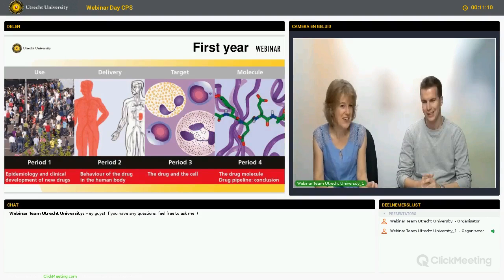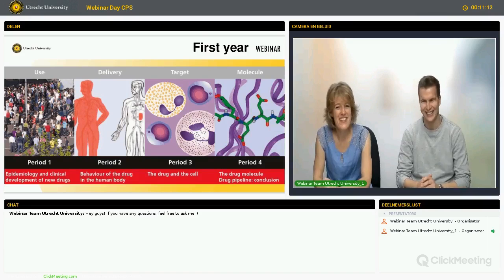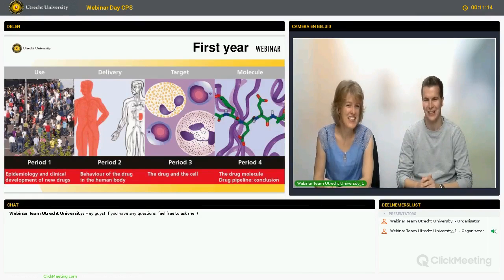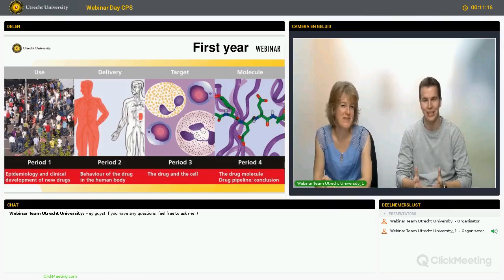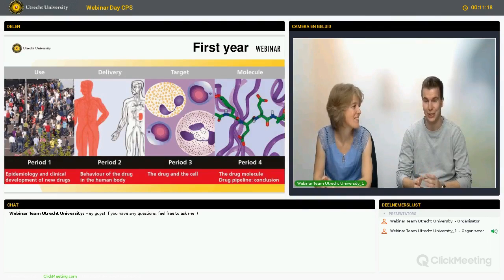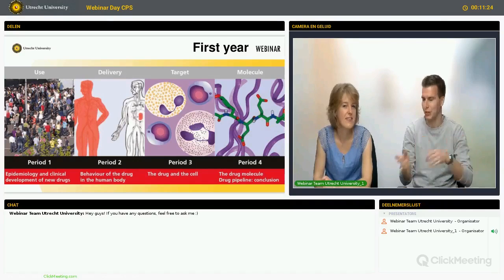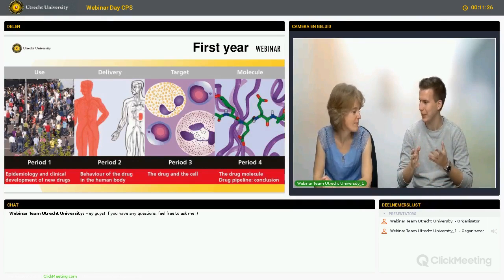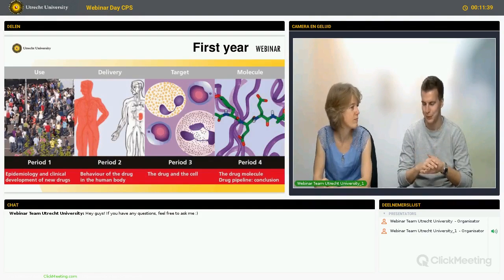So Josh, you went through the program quite some part already. Could you tell more about the program? Yeah, so each year here in Utrecht is broken down into four blocks of 10 weeks. The first year is really focusing from the big to the small. So you start off by looking at how the drugs work within populations, how we can study that, how to run a clinical trial, and all the mathematical background behind how we do drug research in people.